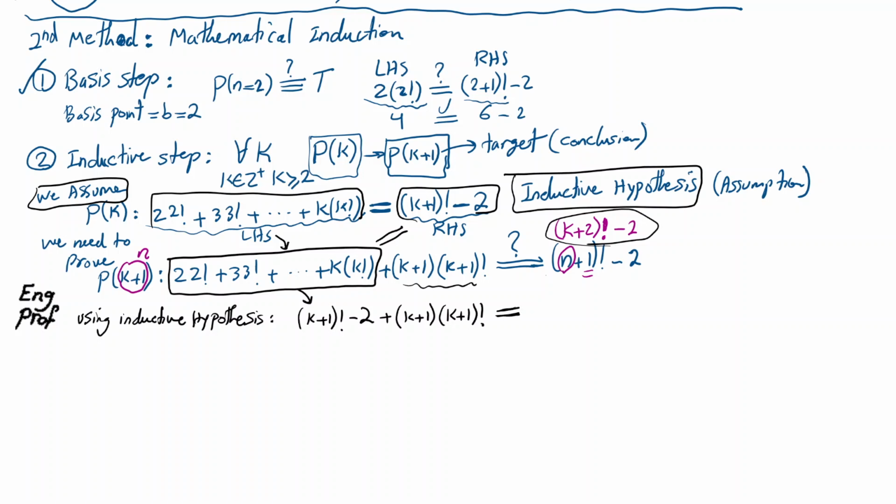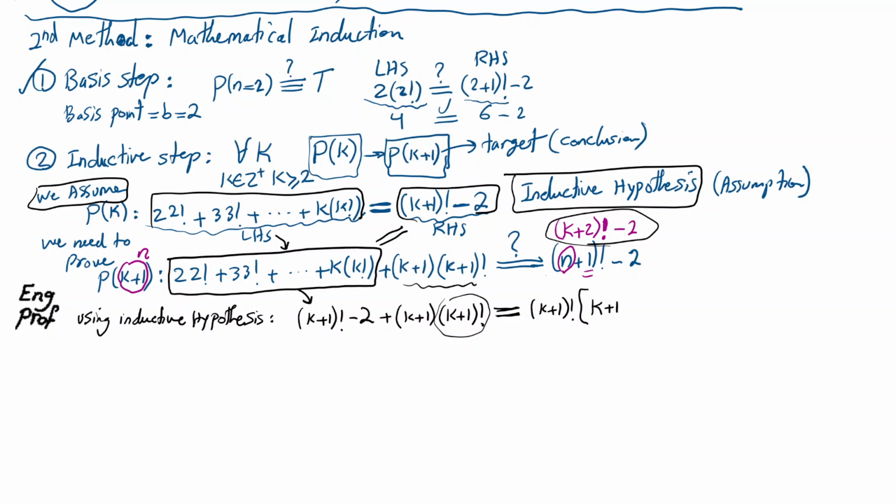Let's consolidate that, because we can see that there is a k plus 1 factorial and there is a k plus 1 factorial. So what I can do here is factor out k plus 1 factorial. Let's see what I'm going to get. If I factor out k plus 1 factorial, I'm going to get k plus 1 factorial, and then I'm going to get k plus 1, which then